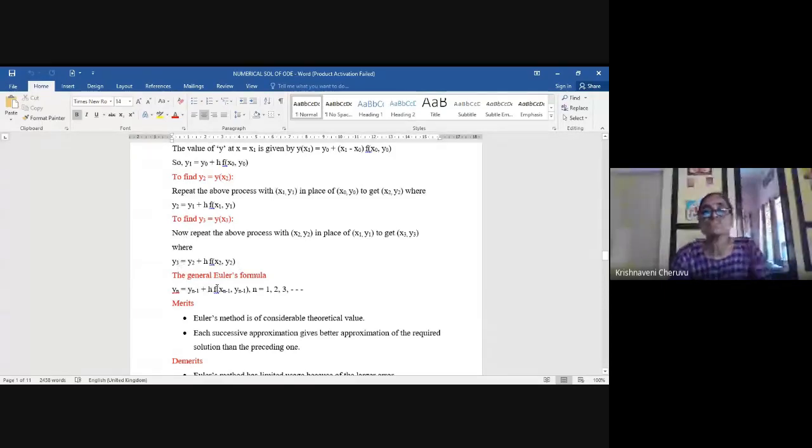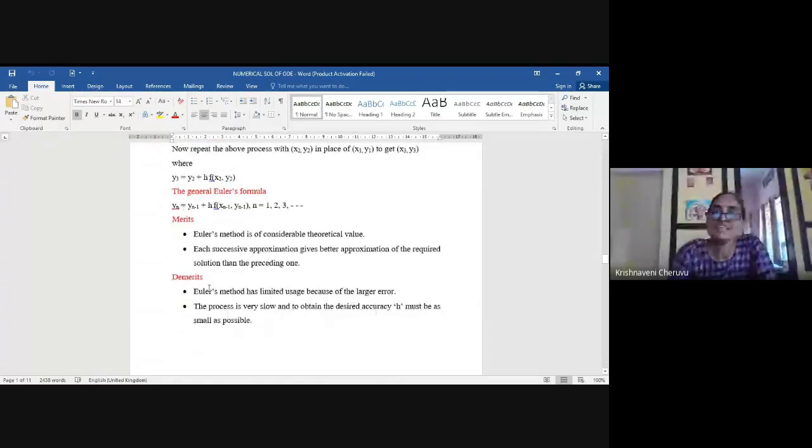Okay, so let us see the merits of this method, girls. Here, actually, it is real. You can consider this method for finding some theoretical values. That way, it is very, very helpful. And you can see the best approximate value only when you find higher approximations, like go on finding y4, y5, y6, y10. Then only you'll know the best approximate value. Each step will give you a better approximate value.